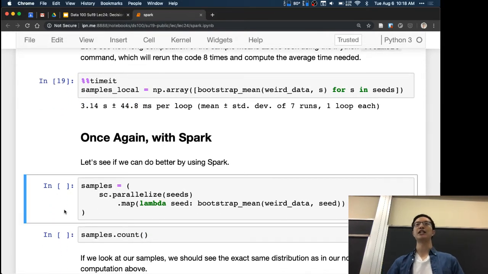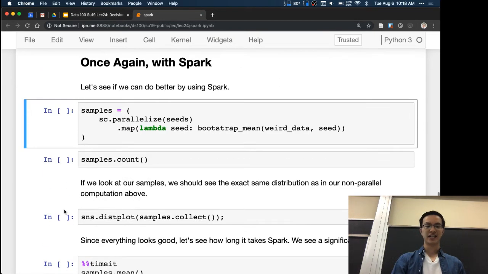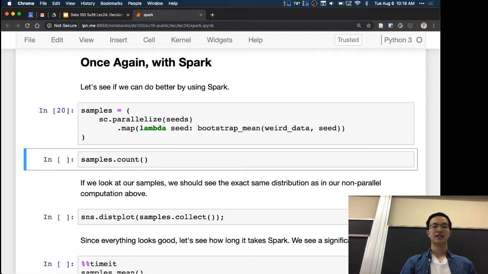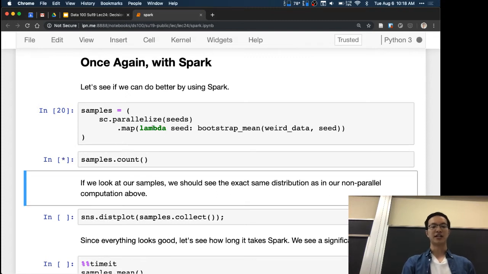Okay, so what I'm going to do here is do the same thing, but in Spark. In Spark, I ask Spark to parallelize the seeds, which means that it'll store the seeds in a resilient distributed dataset. And then I can ask Spark to map a function across all the seeds that I have. I'm going to do that. And if I run samples.count,